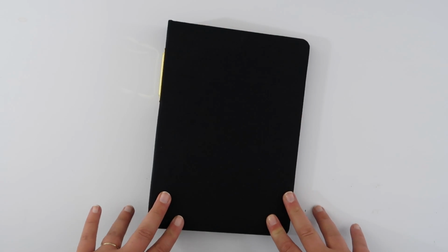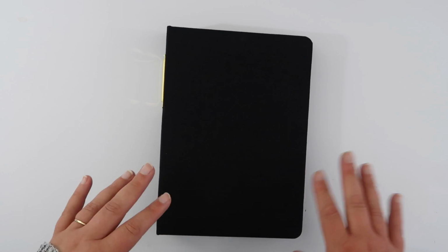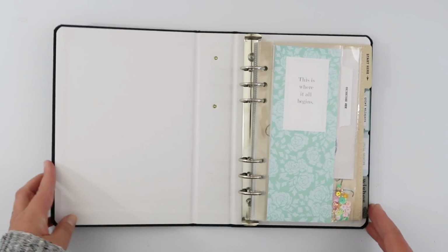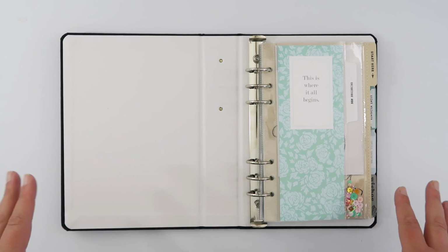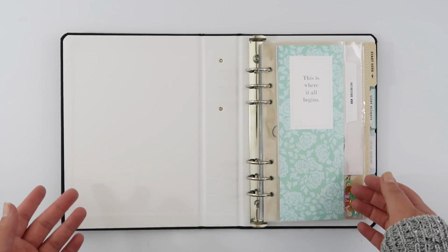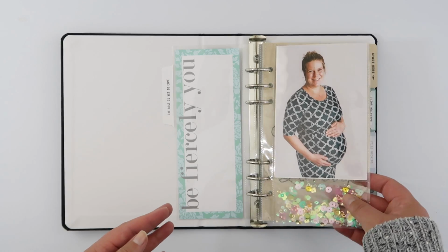So the first thing I was loving in January is the new Life Crafted album from Citrus Twist. I wasn't sure how this was going to fit into my memory keeping, but actually I love this album. It's so gorgeous and it is like the perfect size for me because I'm so used to making traveler's notebook pages that this just comes naturally, but I get to add all these good things in here, little small pages,